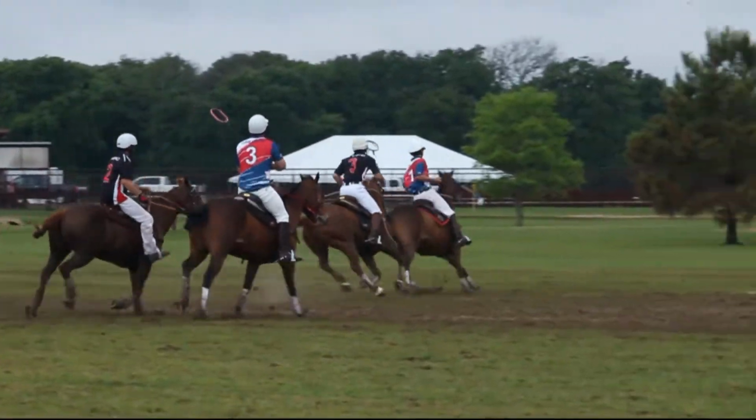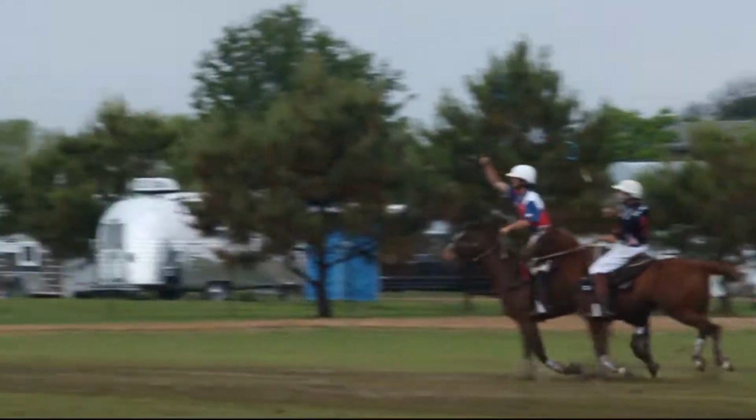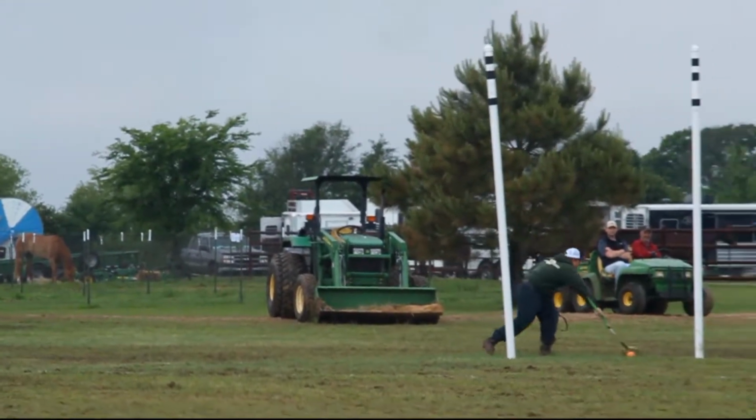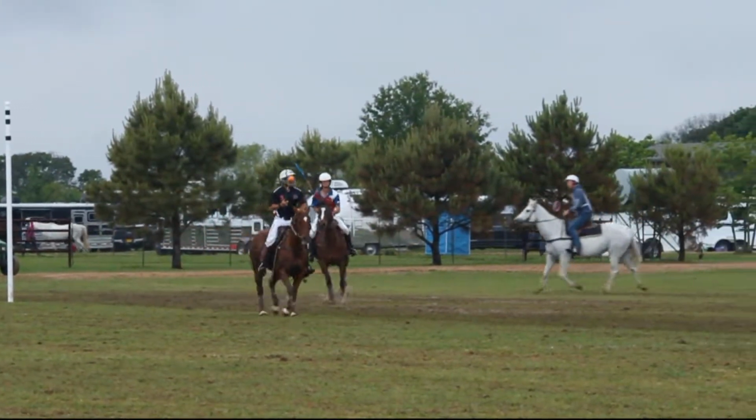Does he throw in a big one? Yes, he does. Great connection there to Kevin Horton. Horton now to the goal. Do we do the Aussie underarm? Yes, we do. And no goal. Looks like a goal to me. Tennessee Valley